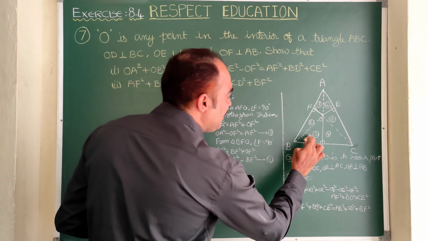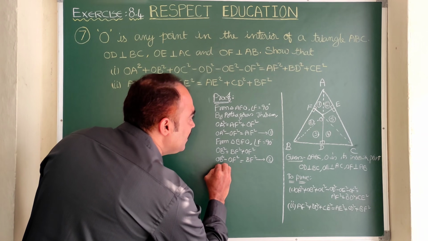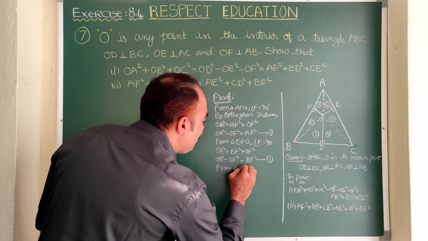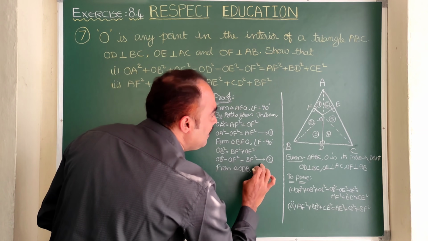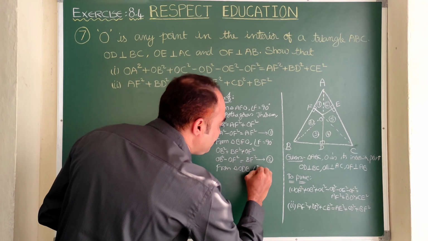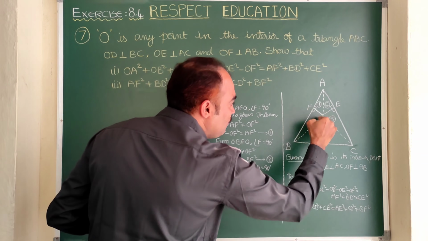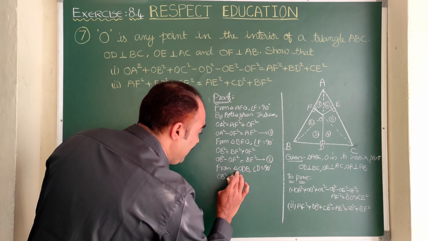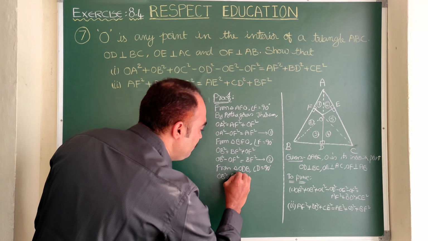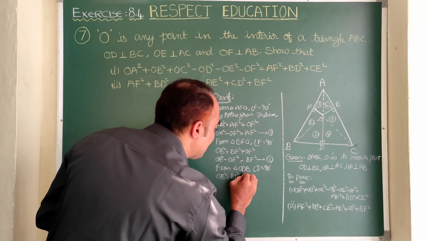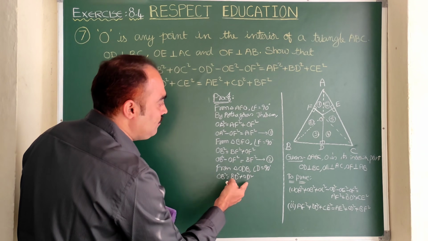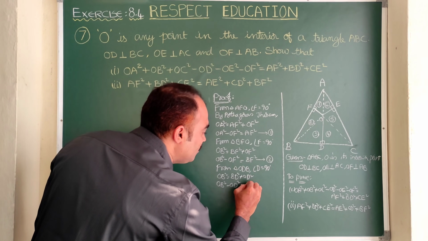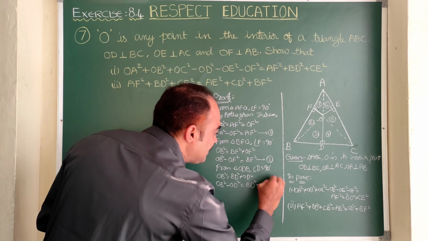Right. Now similarly for equation 3, I am going to write from triangle ODB, same, angle D is equal to 90 degrees. So in this triangle OB is the hypotenuse. So OB square is equal to BD square plus OD square. Let us send OD square this side. So this is OB square minus OD square is equal to BD square. This is equation number 3.